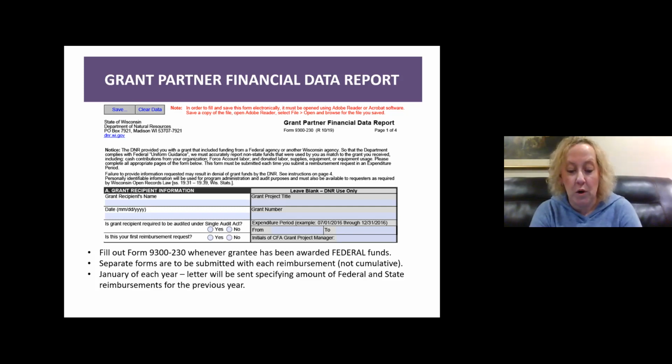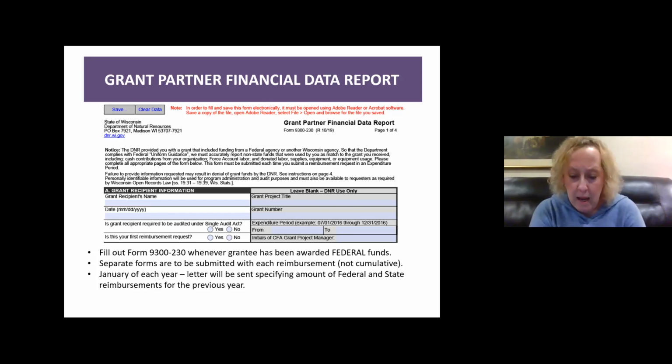with your needs for your single tax audit, because those of you will need to have a single tax audit completed. And so you can refer to the form itself for more information. Take a look at the grant partner financial data report, maybe before you're anywhere near seeking reimbursement, get